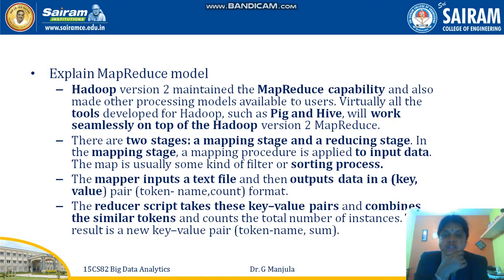So there are two stages, a mapping stage and a reducing stage. In the mapping stage, the procedure is applied to the input data, and the map is usually some kind of filter, that is, a sorting process, called an algorithm. Mapping takes a text file as input, then outputs the data as a key value, or it is called a token, or a count. The reducer script